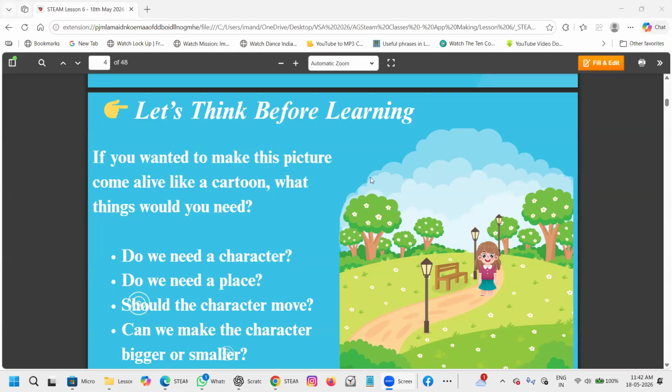Okay, we'll learn a little more about the picture. Let us see this picture. You can see the picture. What is this picture telling about? What is that place? If you see the picture, what is it? There are trees and grass and a bench and a lamp. There are lamps, street lights. So what do you call it? Okay, park. And the girl is in the park.